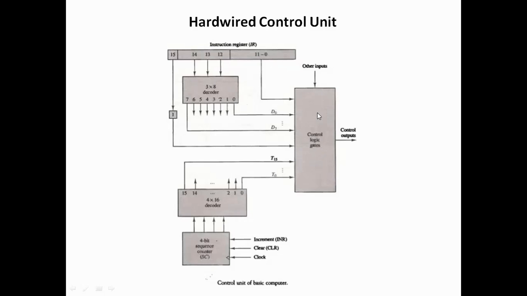The gates will be organized in a certain way by the manufacturer, so that they will produce the required control signal. So for example, if this D note is on and a certain address is there and a certain bit of I is there, the gates are connected in such a way that the required control signal will be produced. The arrangement of the gates will be here, and there will also be timing signals